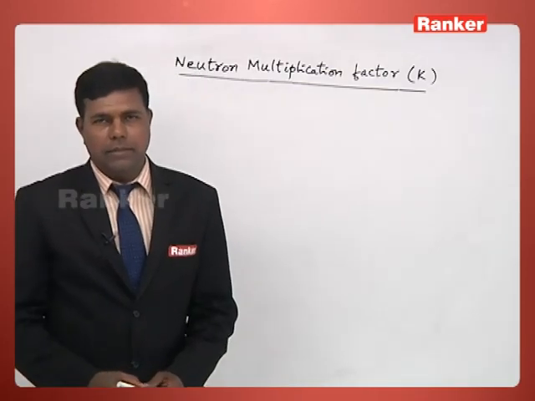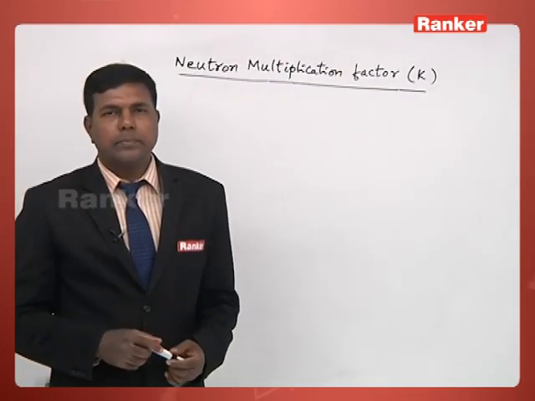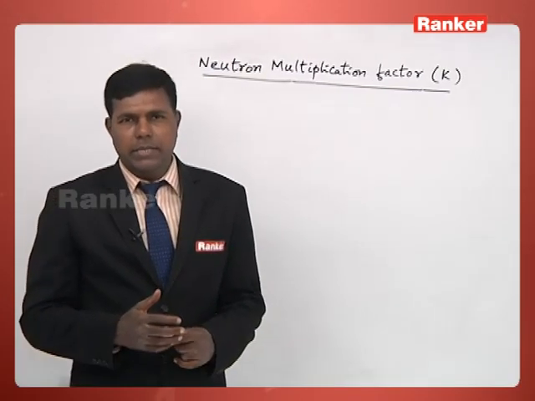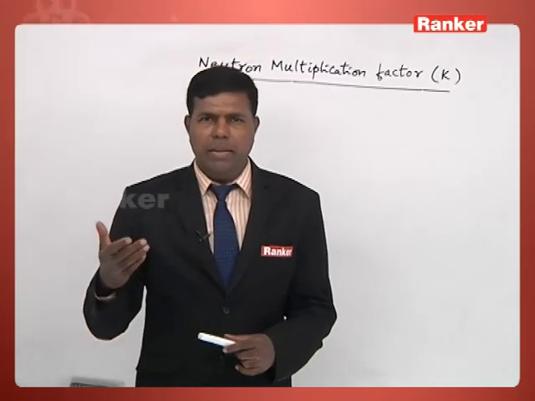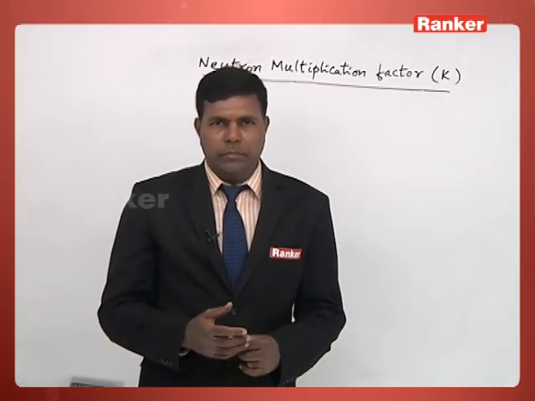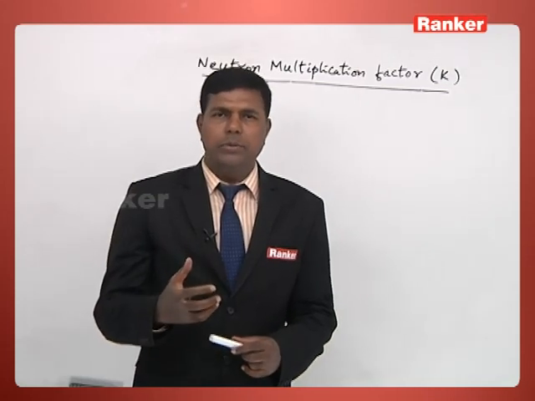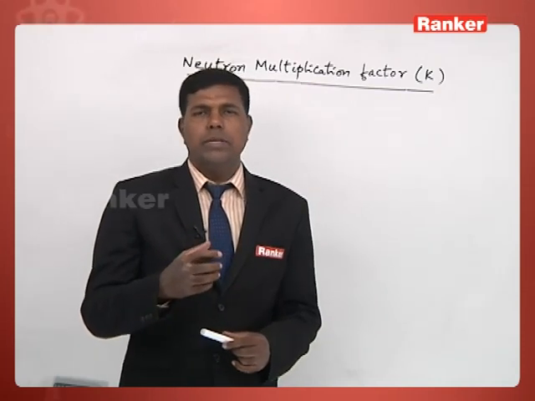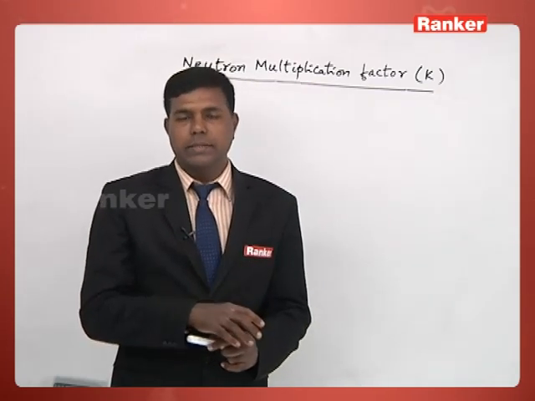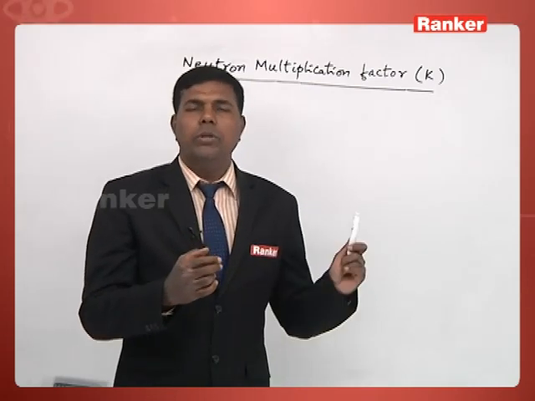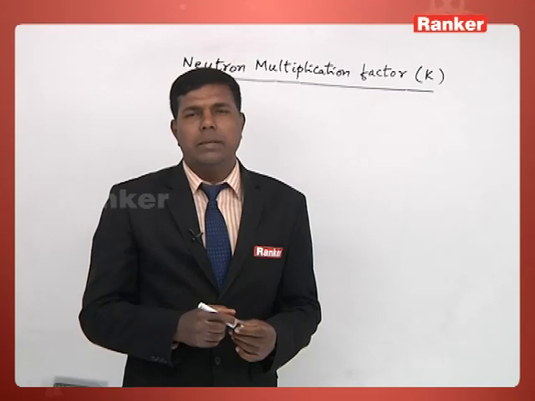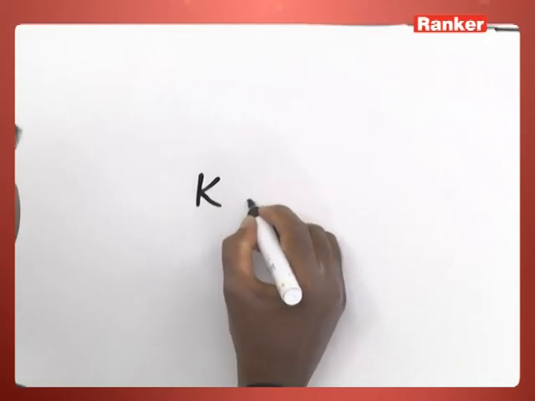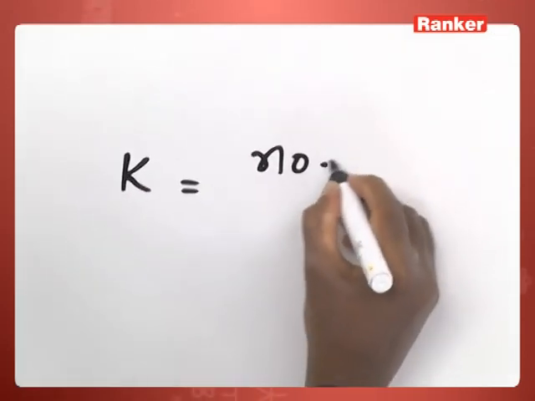Neutron multiplication factor is represented by the letter K. In a fission process, in a chain reaction, the number of neutrons keeps on multiplying in geometric proportion. If we take the ratio of the number of neutrons generated in the present generation to the number of neutrons generated in the previous generation, what you will get is called the neutron multiplication factor. You can say that the neutron multiplication factor K is defined as the number of neutrons